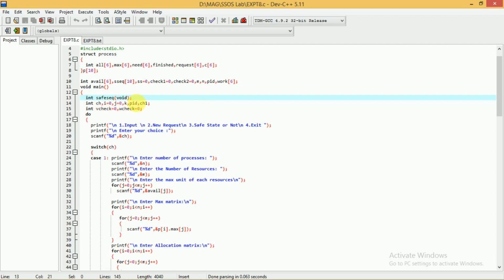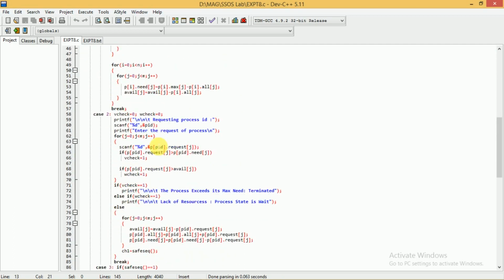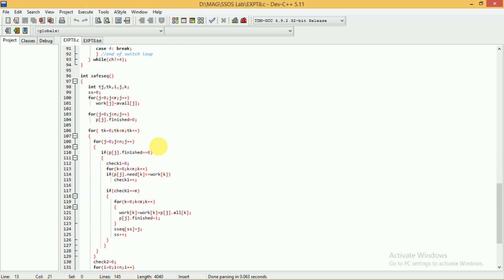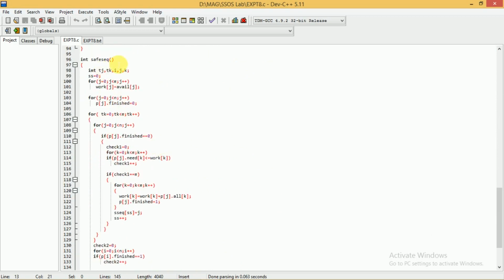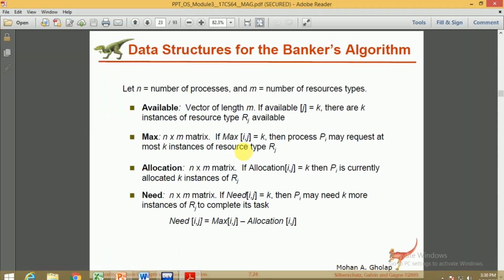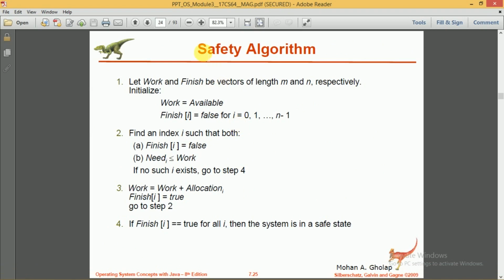Before we start discussing the remaining lines, first let us see what this saveseq function is. This is the body of the saveseq function. What this saveseq function will do is carry out the first part, that is we are going to implement the safety algorithm in this function.